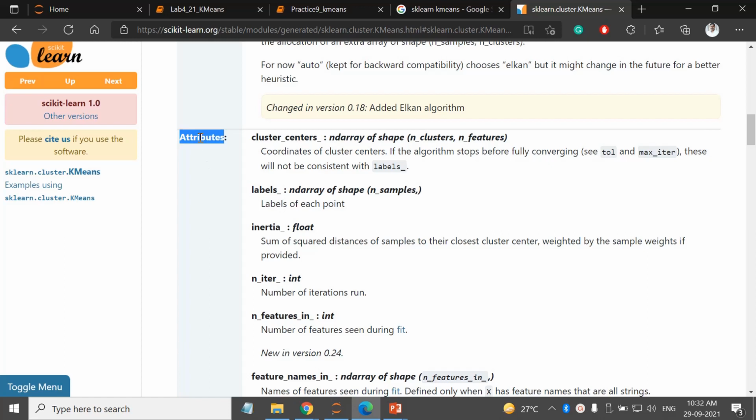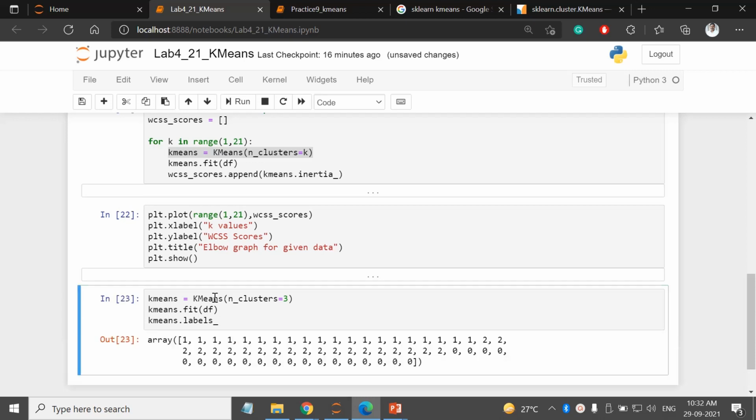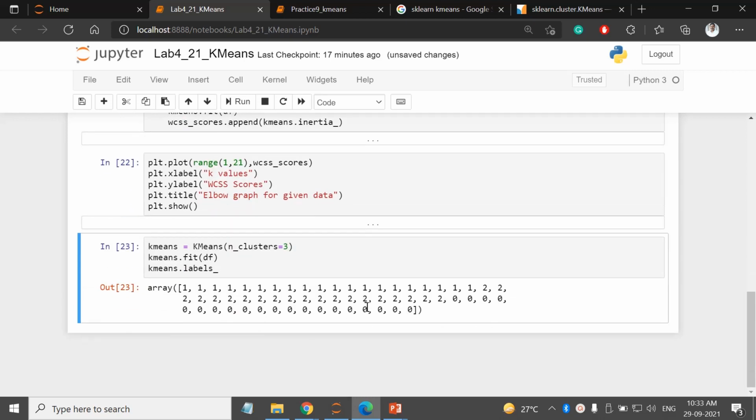Labels is an attribute, so let us see the labels that we are getting, labels_. As you can see, as we have implemented, the first 20 points belong to one cluster, the next 20 belong to the second cluster, and the next 20 belong to the third cluster.